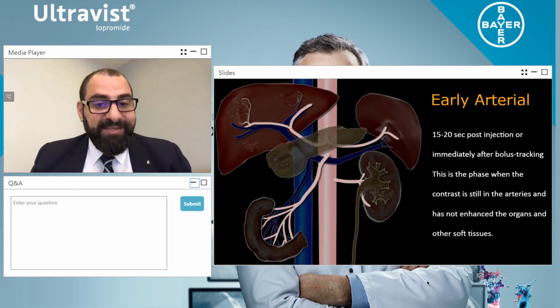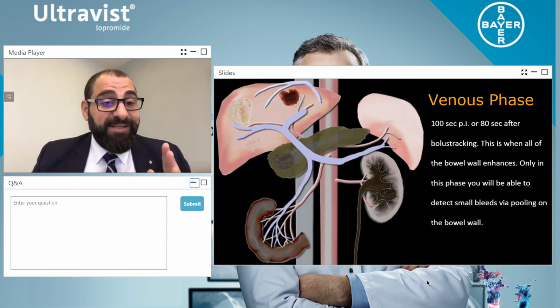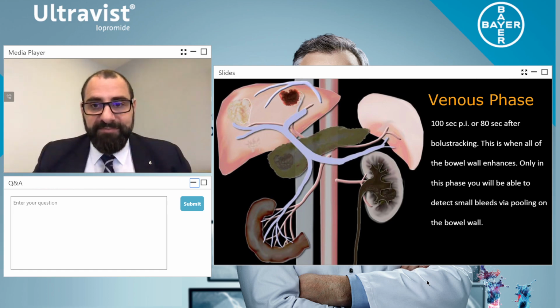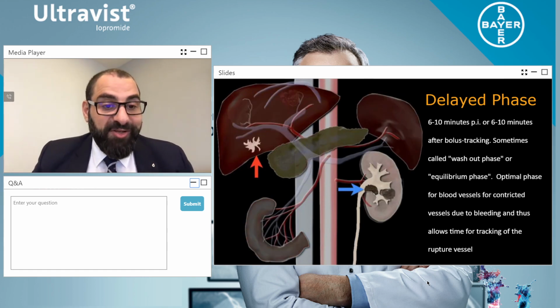If we look at the late arterial phase, this is where we've had contrast coming back. We've got good perfusion in tumors. Now remember, tumors are not just arterially enhancing. You can have complex arterial and venous enhancement. And then, of course, in the venous phase, we now have good contrast within the liver. The parenchyma is nicely and equally enhanced. There's also still contrast in the second circulation coming through into the liver, which provides superior quality. And then, of course, in the delayed phase, we get to see what washes in, what fills in slowly, or what washes out.